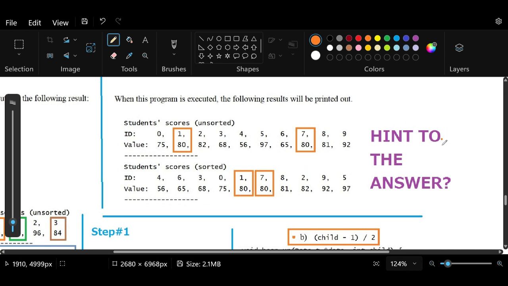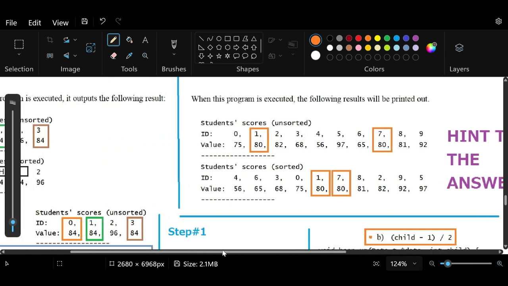So I thought that should be the hint already, and it shouldn't be too difficult to answer anymore, because it seems like if you see the score first, then you put the ID in front of the next one that has the same score. A student, for example, can get the same score, in this case 80. So one student gets 80 and another student gets 80, and it seemed to me that when you sort it, you'll get the arrangement in this way. But it turns out,